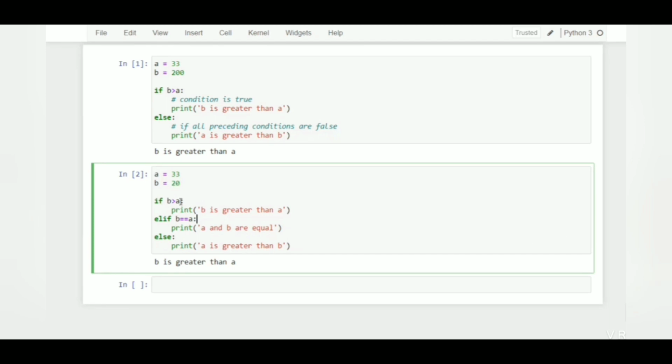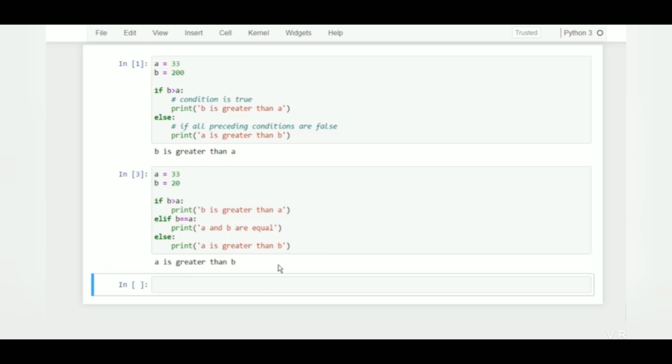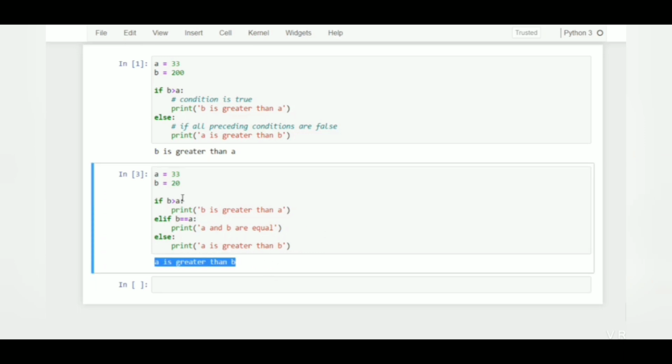At first Python will check whether b is greater than a or not, and it will find no. It won't print this line and will jump to the next condition, checking whether b is equal to a or not. If the condition is satisfied, it will say a is equal to b. Otherwise, if this condition and any preceding condition are false, then it will print a is greater than b. So let's run this code.